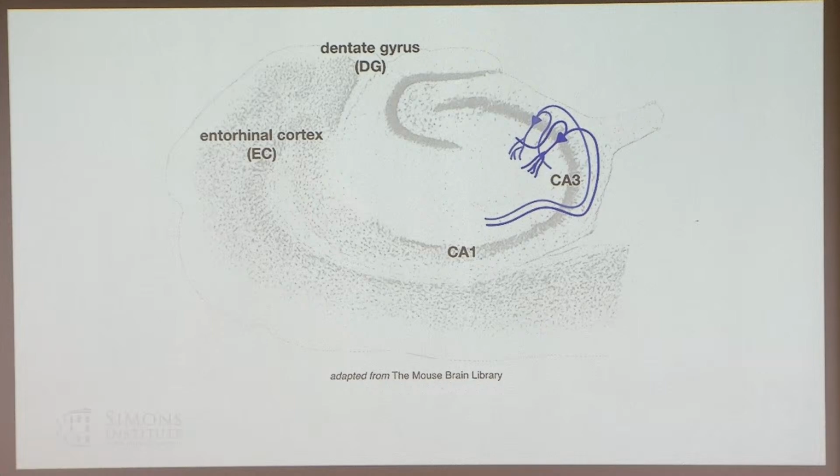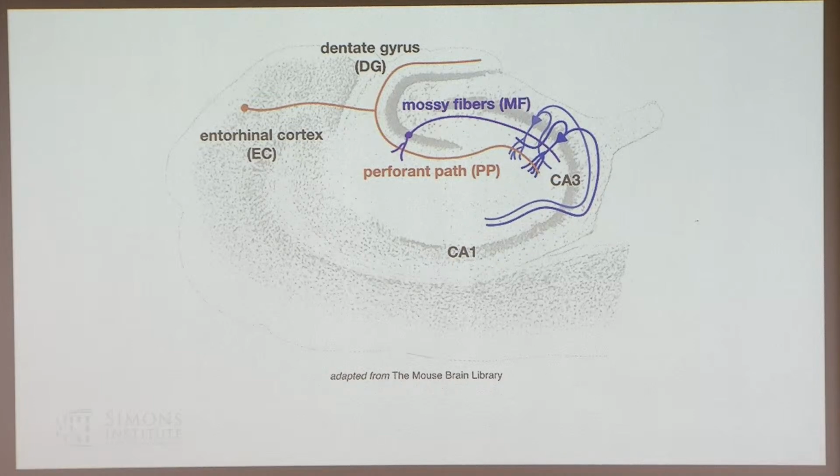And so CA3 is the region of the hippocampus that has this abundant recurrent circuitry that makes people think that it functions as this auto-associative attractor network that stores memories. Now, where does the sensory information to be stored as memories come from? They come from entorhinal cortex, which has this nice projection directly to CA3. But before stopping at CA3, these axons first land in the dentate gyrus, and there's a second projection that also